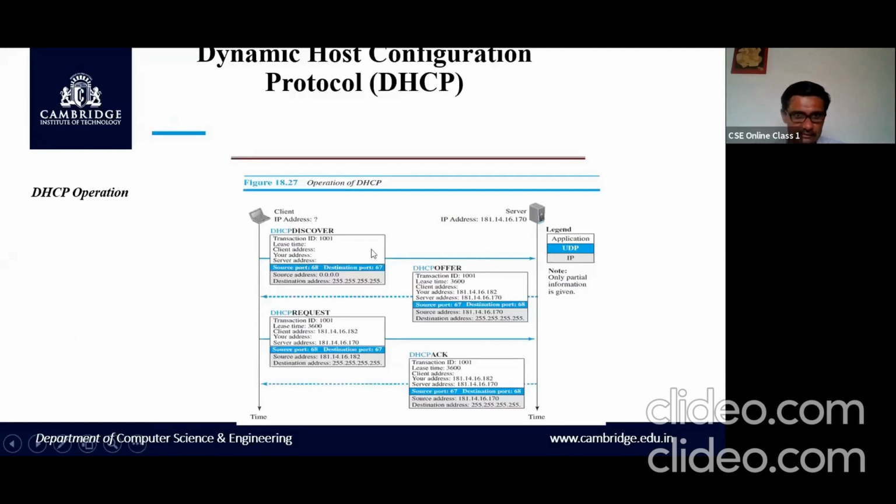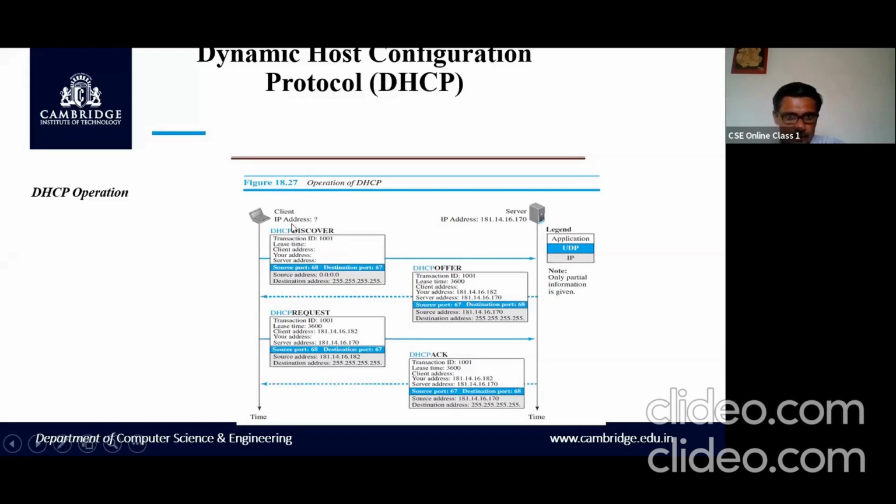You can see here, this is client, this is server. This DHCP message goes from client to server. The IP address of the server is this, 181.14.16.170.